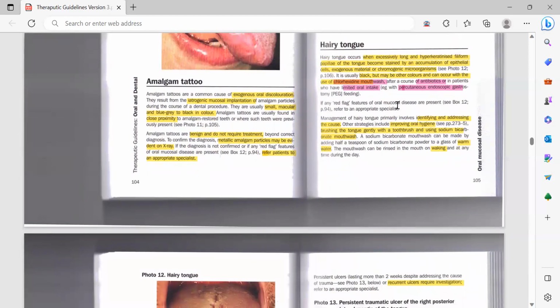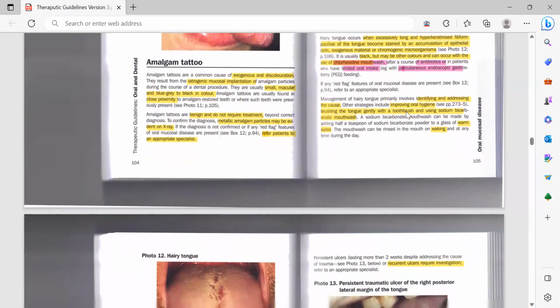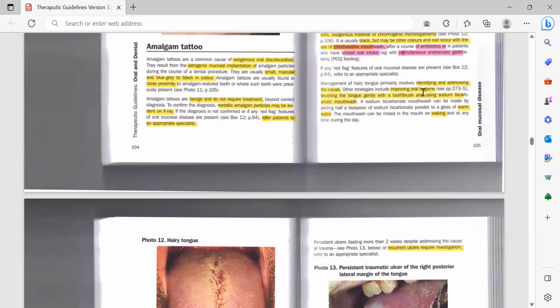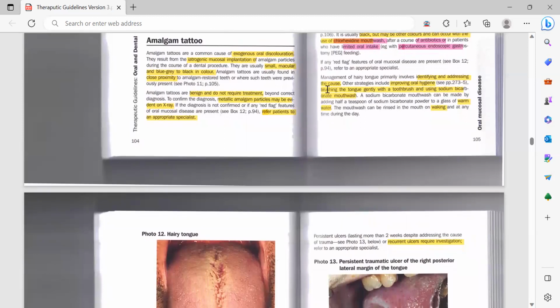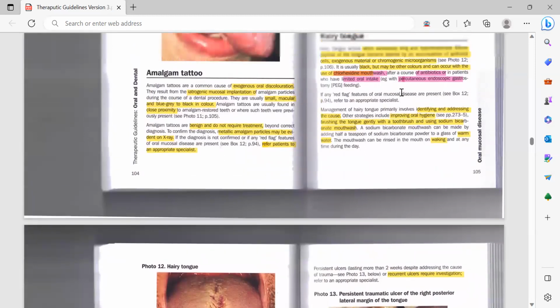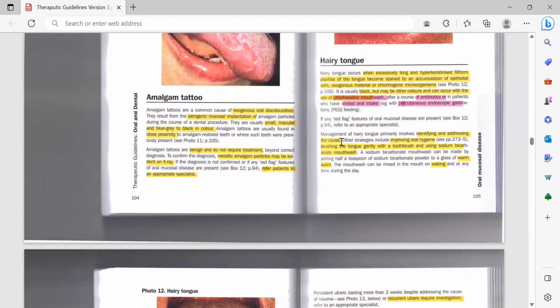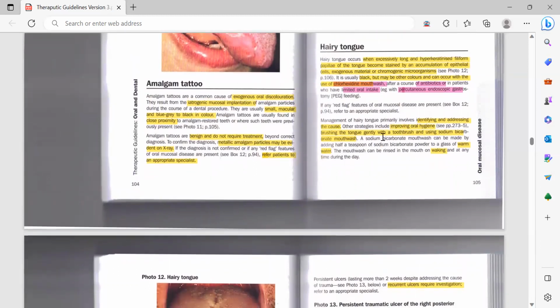If any red flag features of oral mucosal disease are present, then refer them to the specialist. The management involves identifying and addressing the cause, why it has occurred, like whether the endoscopic feeding is there, or what the cause is. You need to find the cause. Other strategies include improving oral hygiene of the patient and brushing the tongue gently, because there is some debris present, right? So you need to improve the oral hygiene, brushing the tongue gently with a toothbrush,